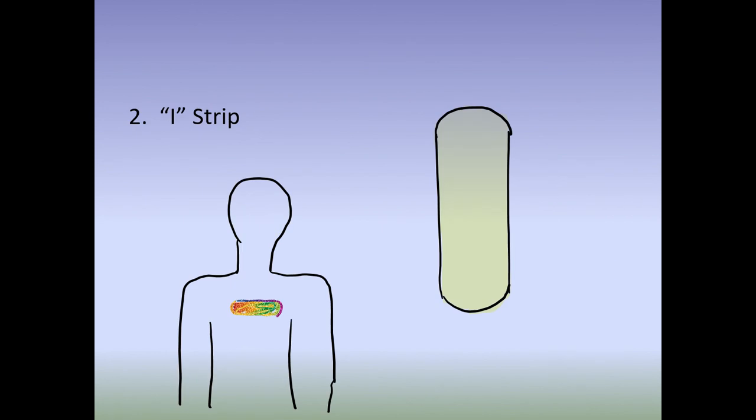Coming on to the next one, I strip. I strip looks just like an eye with a rounded edge. This can be applied, for example, on your rhomboid, either to reduce the trigger point, as we saw in the first video of Kinesiotape application, or we can also use it in other areas where you want to do the space technique in order to reduce the trigger point.